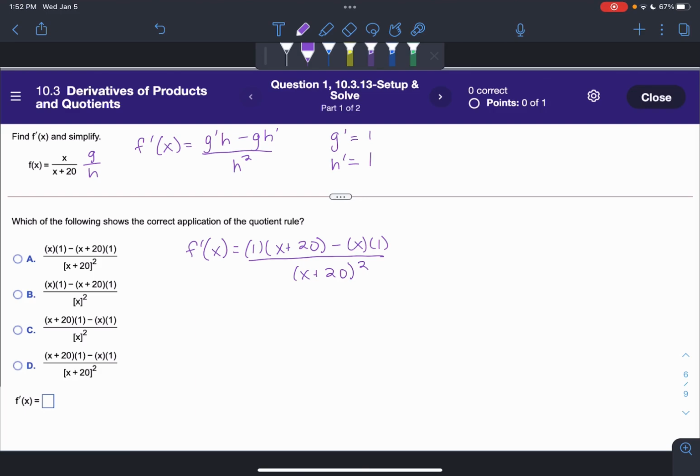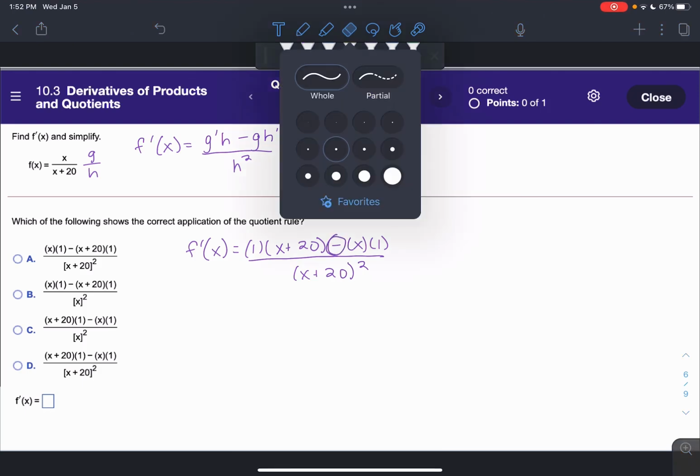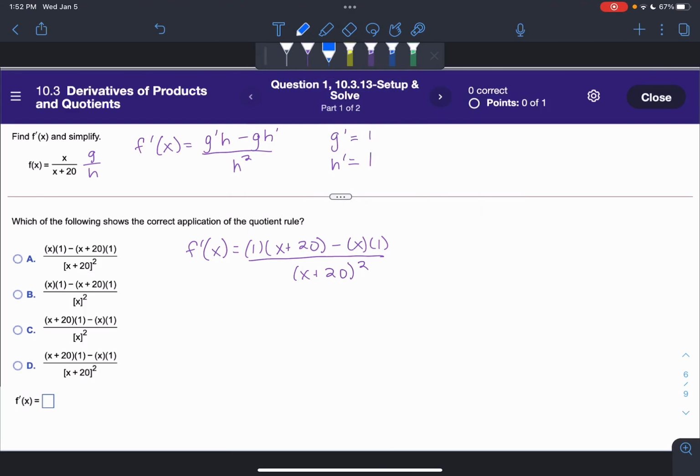Notice what I was saying in the last slide is that I have this subtraction here. That means that the order does matter between this term and this term. You can't have them backwards, which I think you'll notice is the big difference between these two, right? You have the x times 1 here for these two, but then x times 1 here for these two. So the order does matter because we're doing subtraction and not addition. If there was addition there, then these would all be equivalent, basically. But anyway,